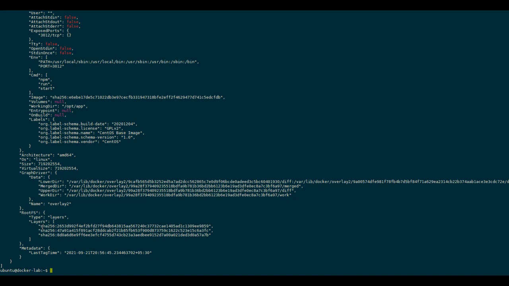Now to run this application based on this image, we need to keep a few things in mind. First of all, it uses two containers. One is the base MongoDB container and another is a container based on the custom image that we created.